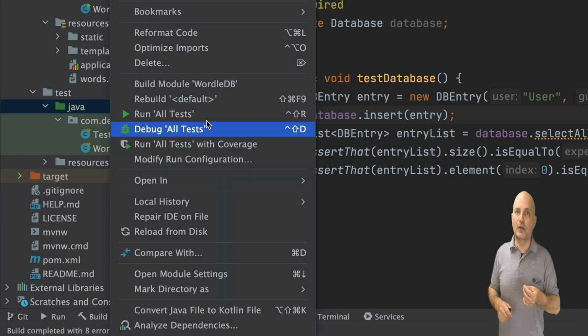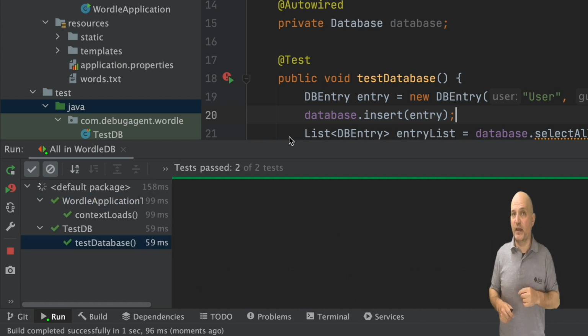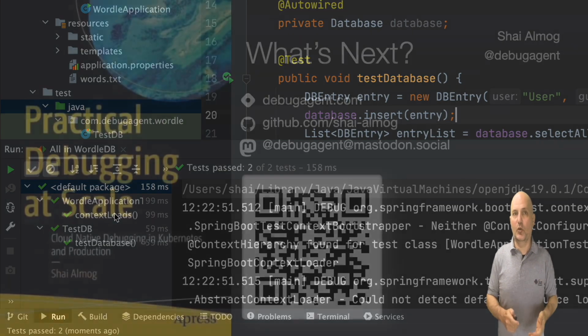If we right-click the tests Java directory and select Run All Tests, they all execute, and IntelliJ presents us with a nice test execution UI and indicates that indeed our database API is working correctly. This helps a lot as we build more elaborate code.